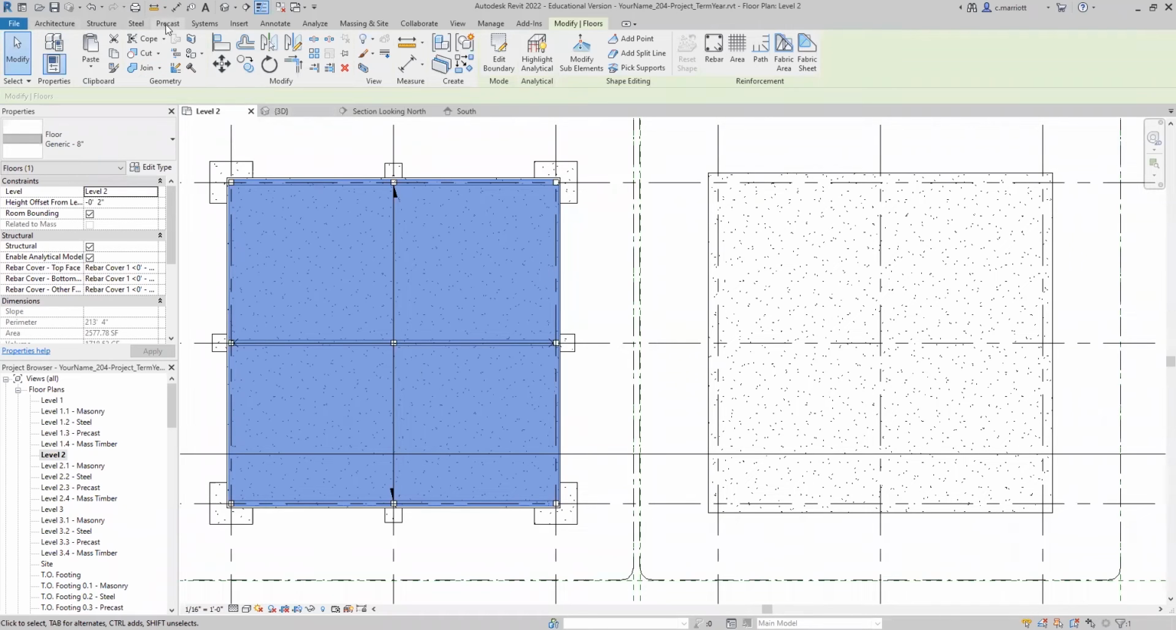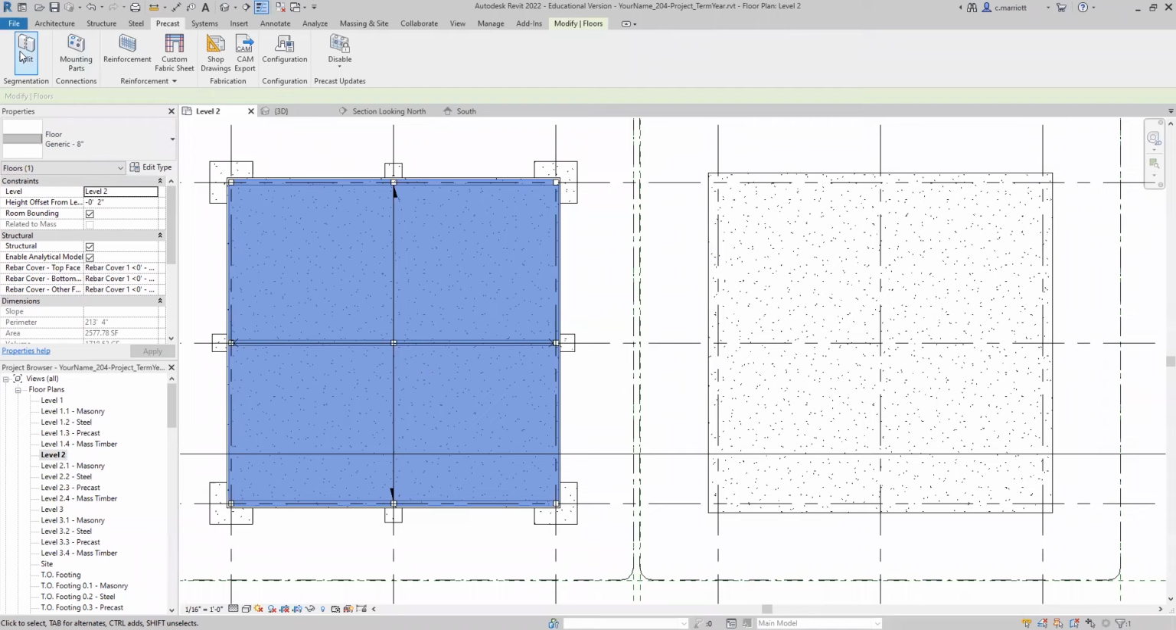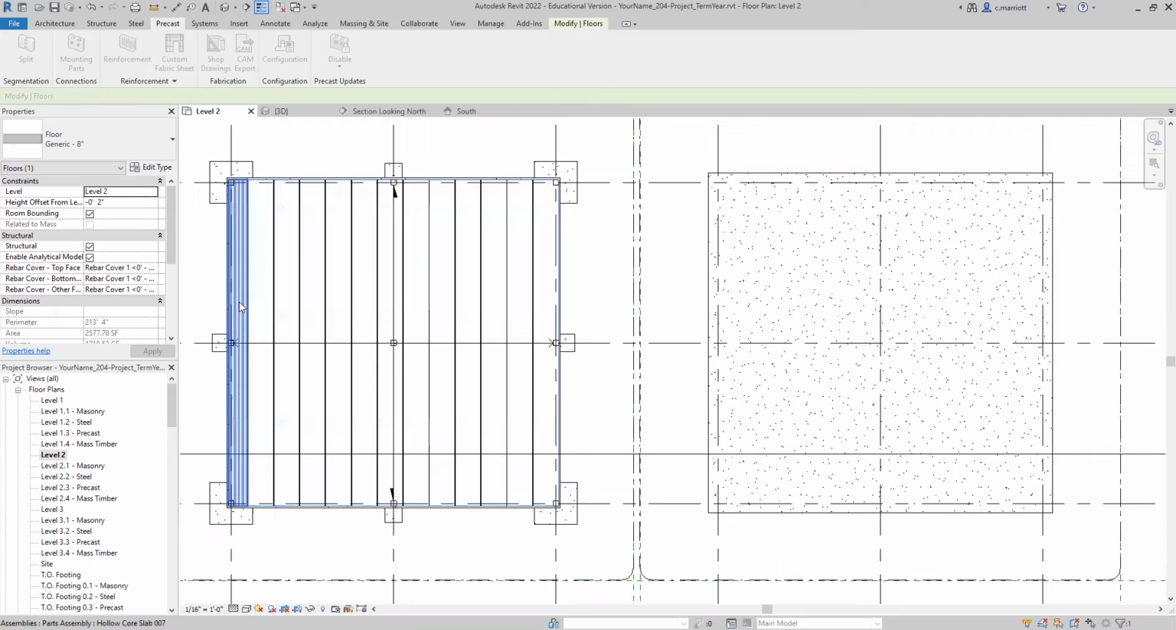I'm going to go to Precast, and I'm going to use this tool called Split. It may ask you if it can download some content, and you will need to do that in order to apply these hollow core slabs. Okay, I'll go ahead and click OK. All right, so you can see that it has applied a series of these slabs across the length of